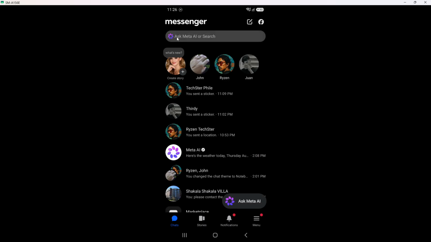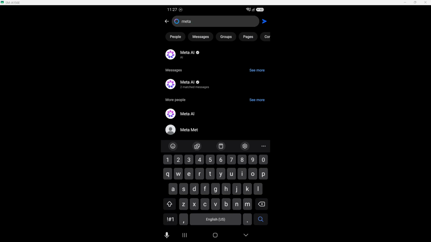Once Messenger is open, tap the search bar at the top. It usually sits above your chat list and may say Search or Search Messenger in faint gray text. When you tap it, your keyboard appears at the bottom, and the rest of the screen shifts up slightly to make room. You might also see a few recent contacts or suggested searches right under the bar, which is normal.